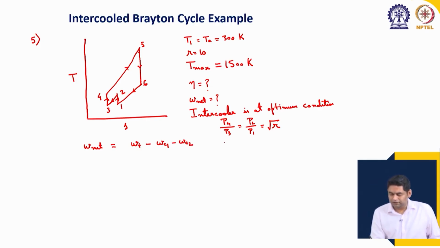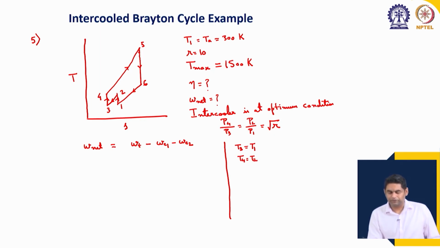What additional conditions are known to us? We know that T 3 is equal to T 1, and because of the optimum condition T 4 is also equal to T 2. Okay. So, now this means that for